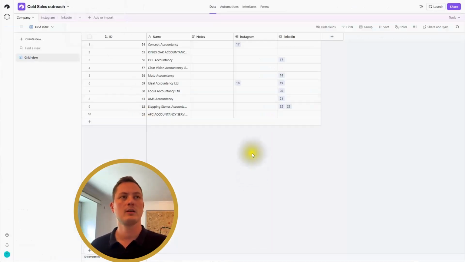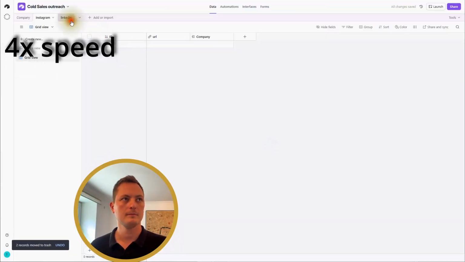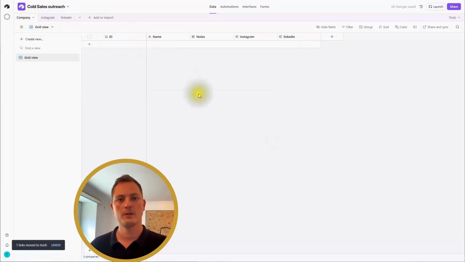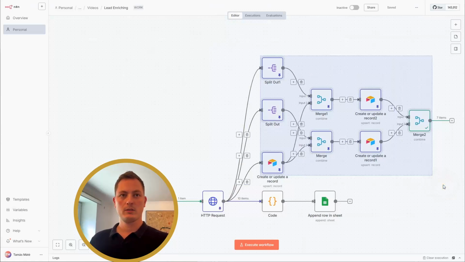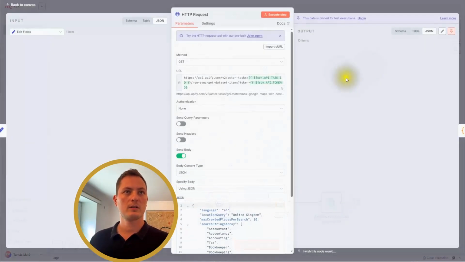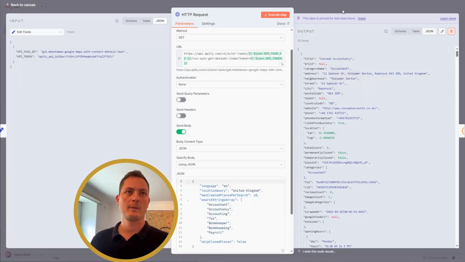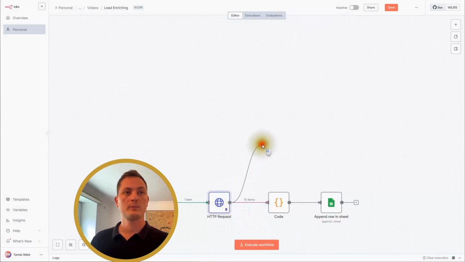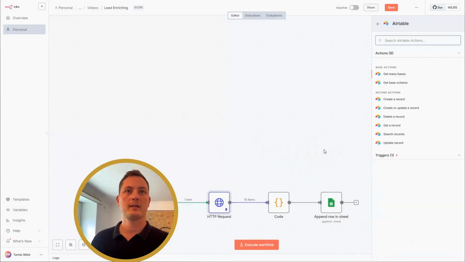We have our database here filled. I'm going to clean it up for the sake of the video. Yep, totally empty. So just to demonstrate it, I'm going to delete the enriching part and restart from zero. Here we scraped 10 companies from the UK in the accounting field. That data is pinned, so we're going to use it to bring it over to our Airtable